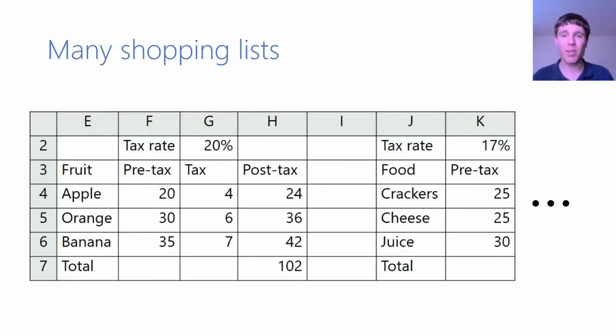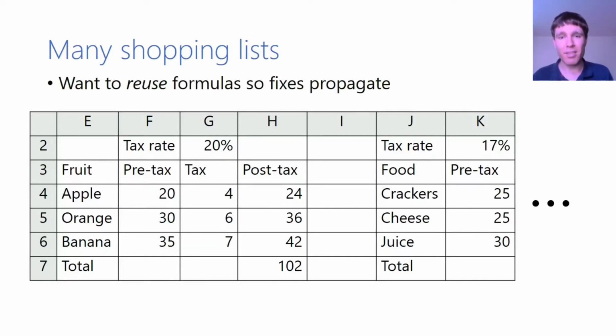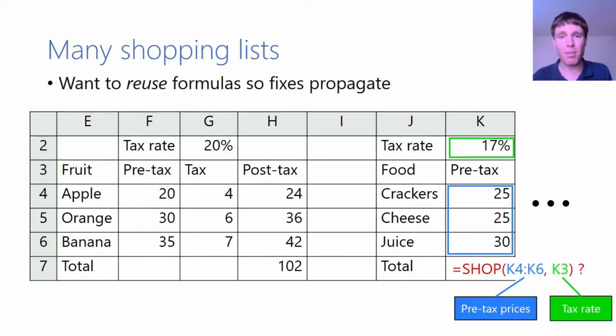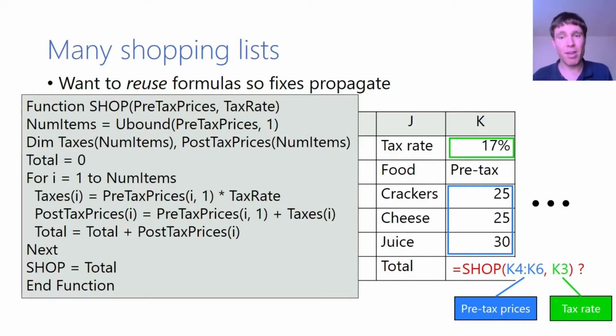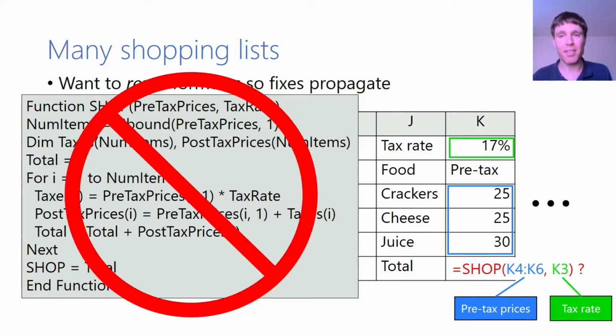Now suppose we want to total a lot of shopping lists. Of course, rather than make many independent copies of the formulas, we'd like to reuse them so that if we have to fix a bug in the original formulas, the fix takes effect on all the shopping lists. Since we're familiar with calling built-in functions like sum, can we define our own function for the shopping list that we could call? In current mainstream spreadsheet tools we can, but we have to rewrite the logic in a separate programming language such as Visual Basic, which sacrifices all the usability advantages of spreadsheets.